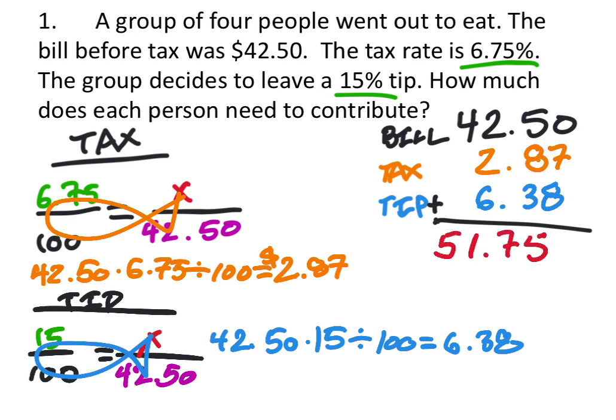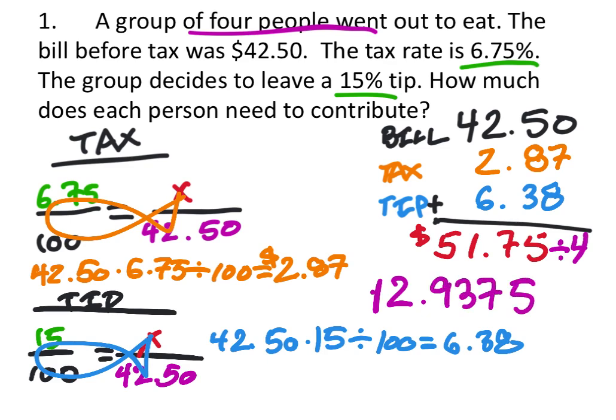$51.75. But again, this was for the 4 people that they mentioned up here, right? So what we're going to do is take that $51.75 and divide it amongst 4 people, and whatever that is will be how much each person would pay. So I got $51.75, divide that by 4. Again, I'm just using the calculator on this one, and this looks like it's going to need to be rounded up because I got